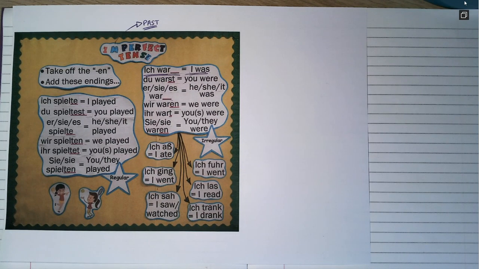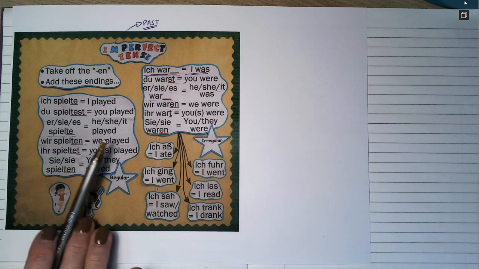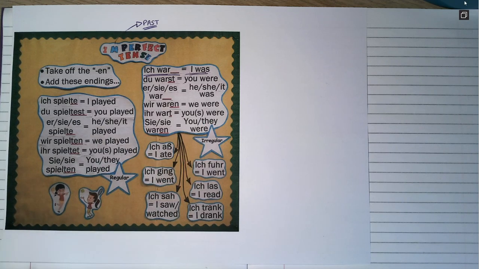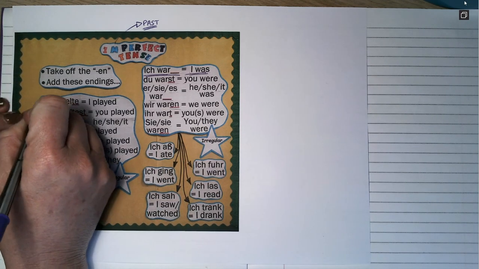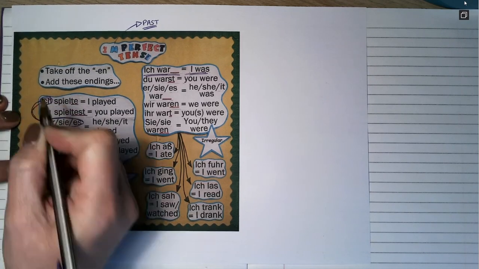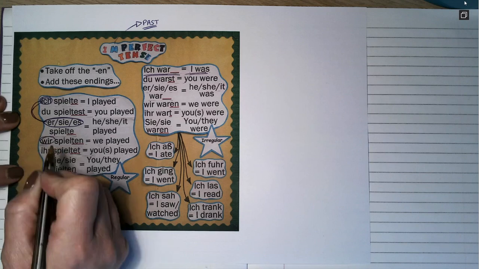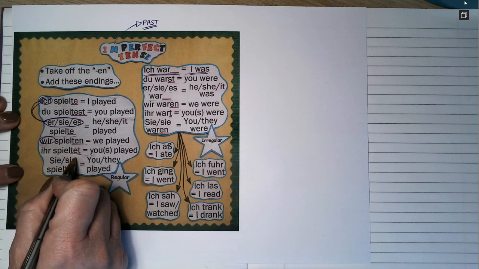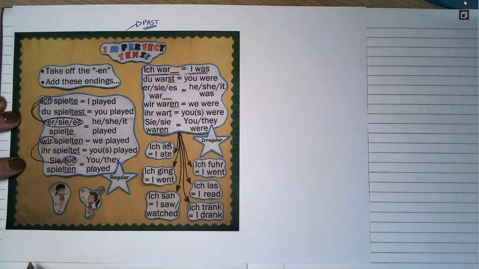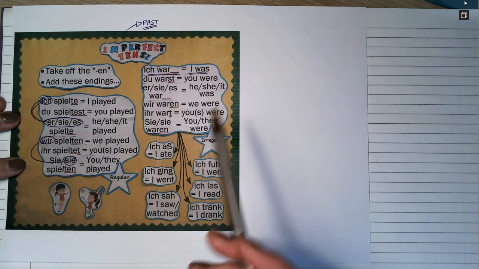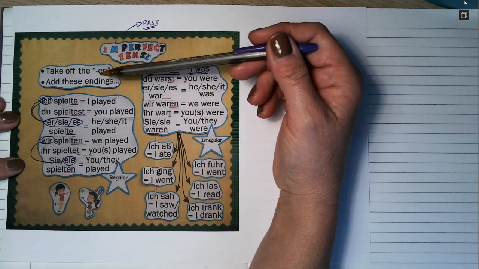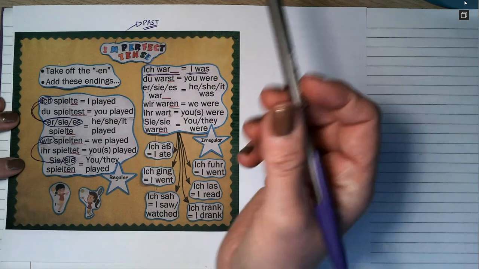All right. Now we're going to look at how to do it with regular verbs and how to do it with irregular verbs. And we're going to really focus on these forms. We're going to focus on the ich and the er/sie/es. And then we're going to focus on the wir and the sie, the little sie there, okay? Because I think those are going to be the most use to you when you come to do your own speaking and writing. Now, they'll allow you to speak about a different person when you do your own speaking and writing. And importantly, if you look,